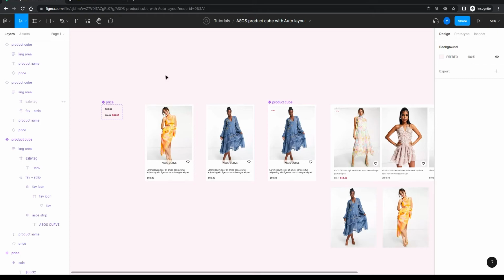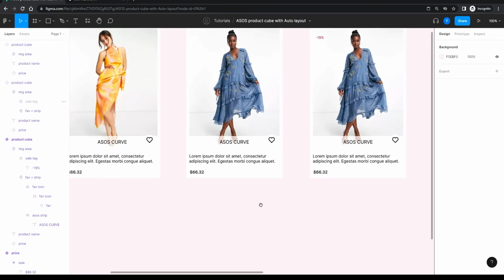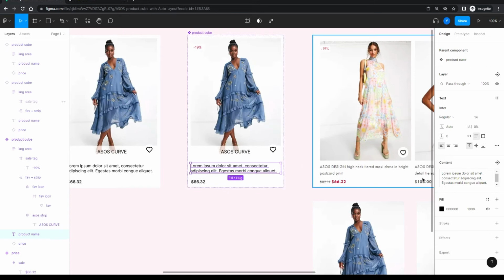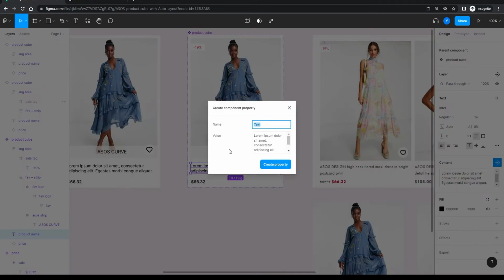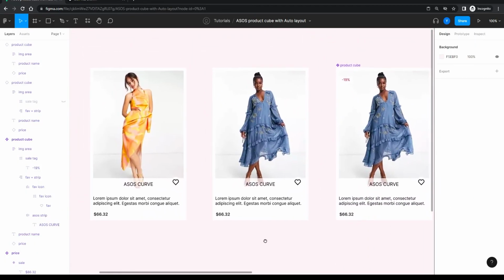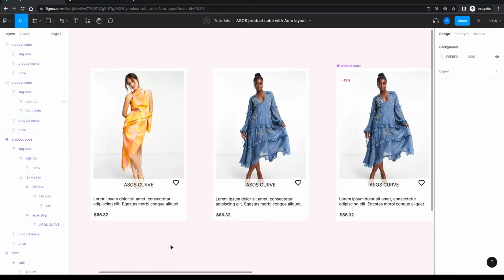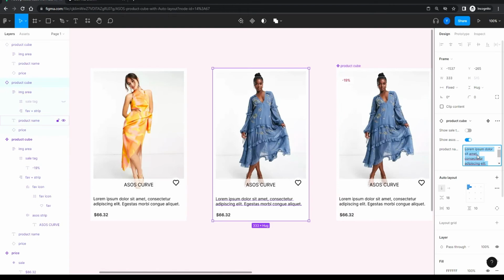And of course, by the way, I can easily change this one. I can make it also a content, you see this one, so I can easily change its name. I'll give it, let's say, product name. Okay, and now when I select this one, I can easily change this name. Actually, I can give it another name from here. So let's call it, let's say, ASOS product